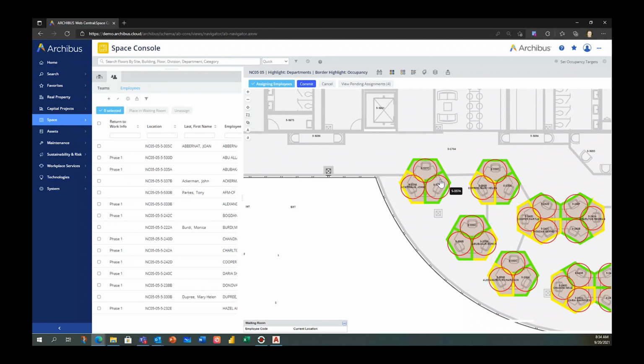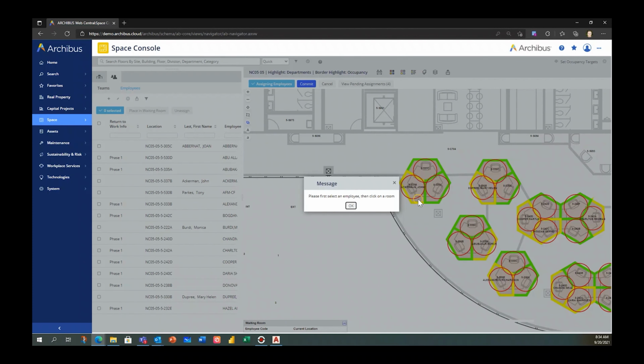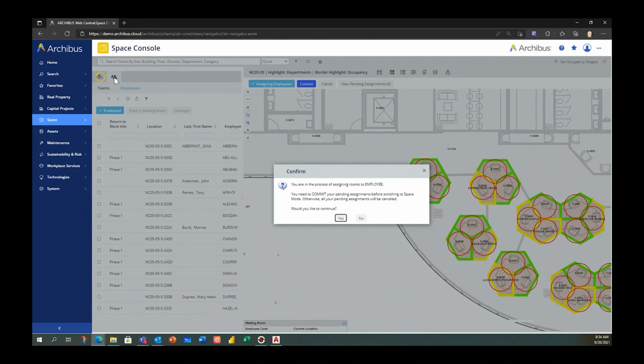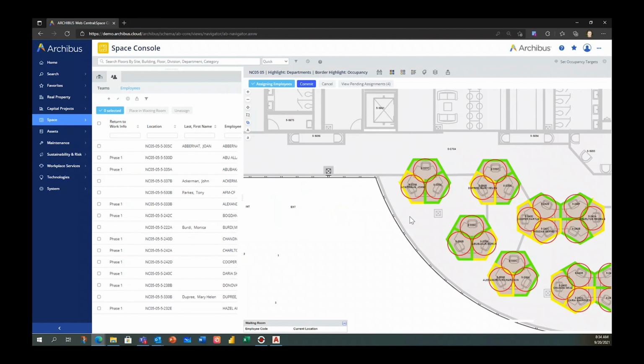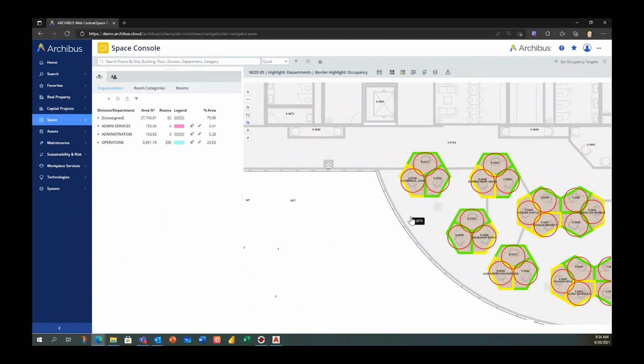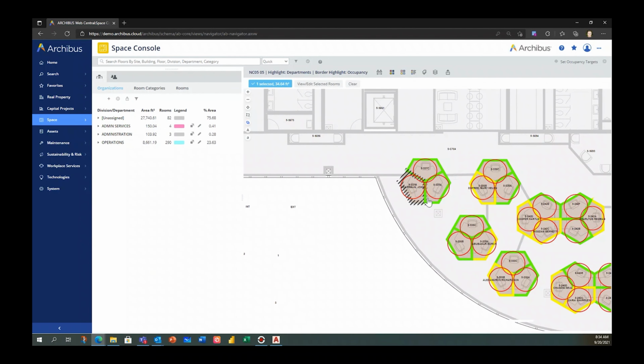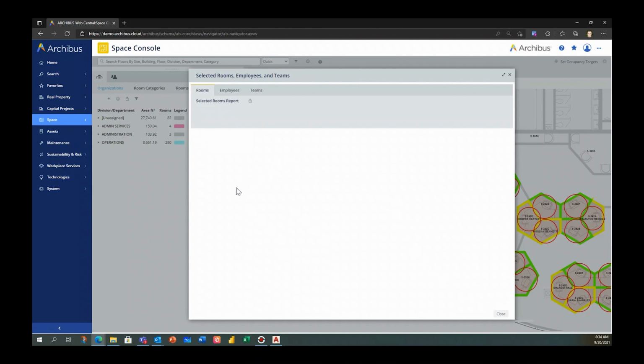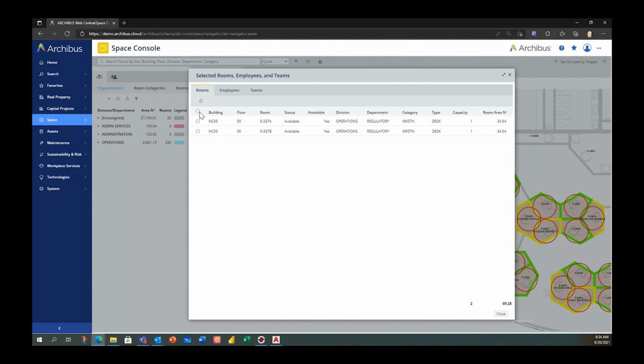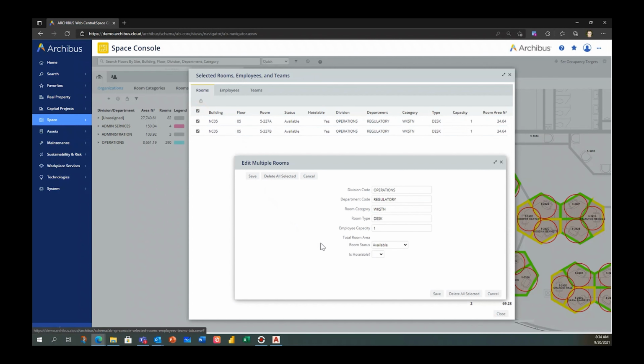So what I'm going to do is go in and adjust the overall usability of these desks to ensure that they don't violate the safe distancing guideline that we have in place. So I'm going to, again, select the two desks in question that we're working with here. Select those two desks, and we're going to edit the characteristics of them by clicking the button here and navigating back to the menu that we already saw a little peek at before.